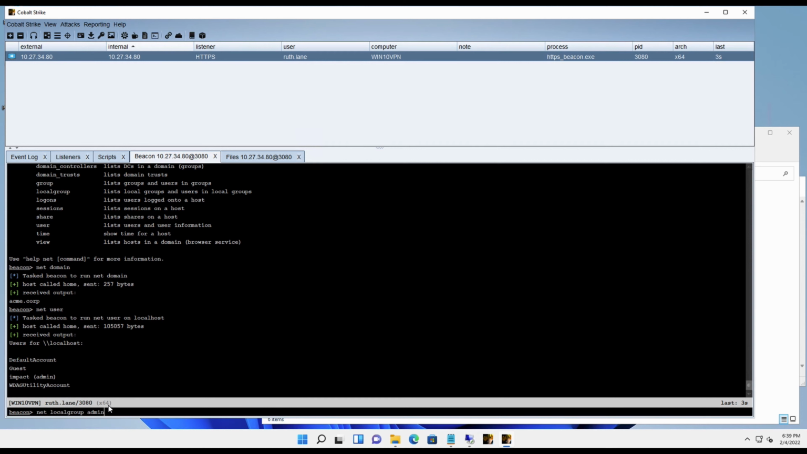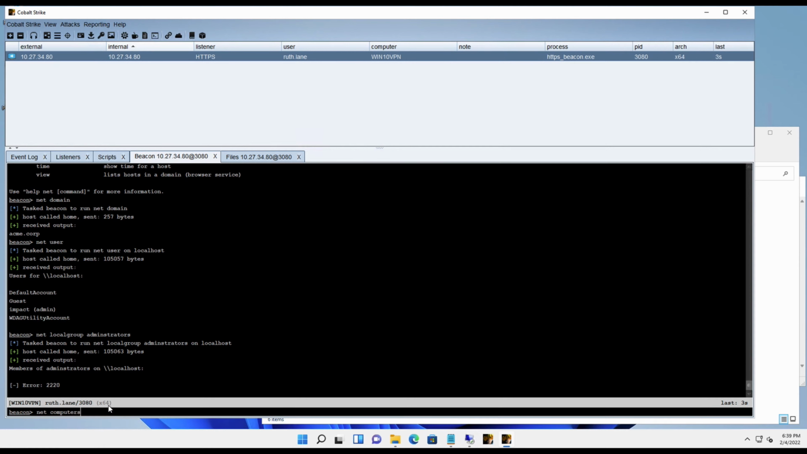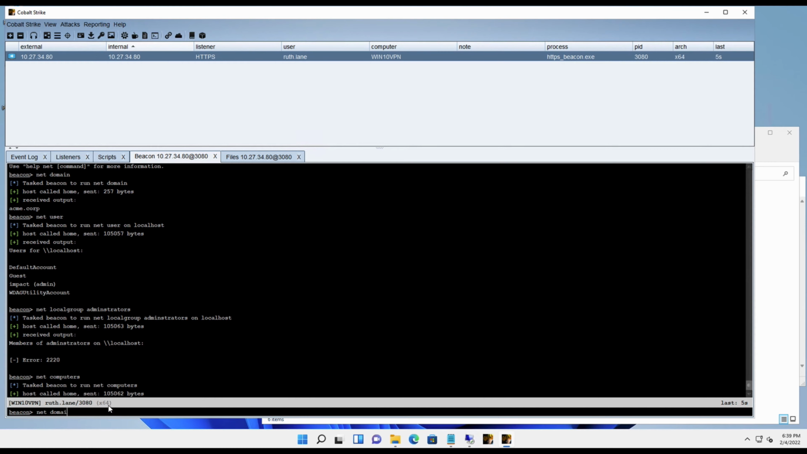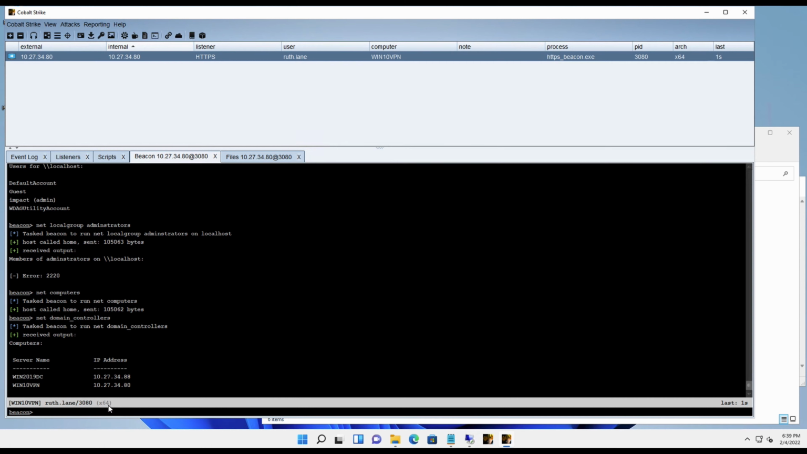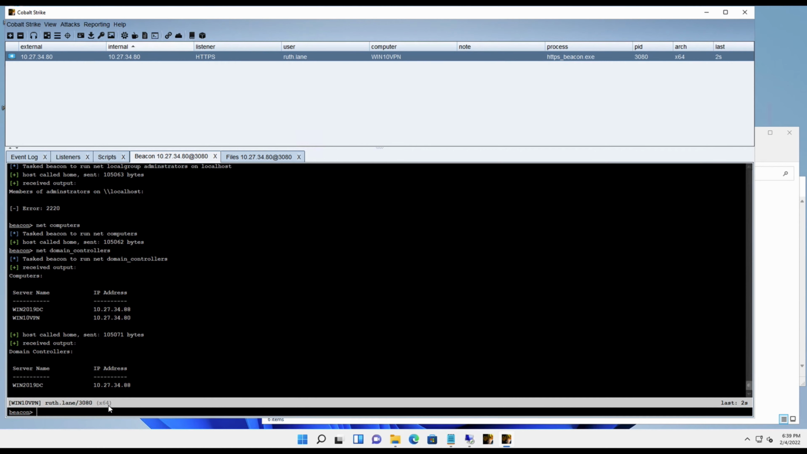Who's in the local administrators group? What computers do I know about? And maybe what are the domain controllers out there? So I start to ask a bunch of questions, and I've queued these things up, and I kind of just popped them out very quick. And now